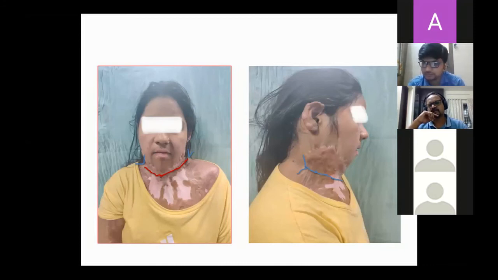Chinese flap, previously the radial forearm flap, was actually described a long time back, and at that time it was called a Chinese flap. It's a regular free flap only. One of the first indications was contracture neck release. That is one of the first reasons they used the radial forearm, because it was a very thin, supple tissue.